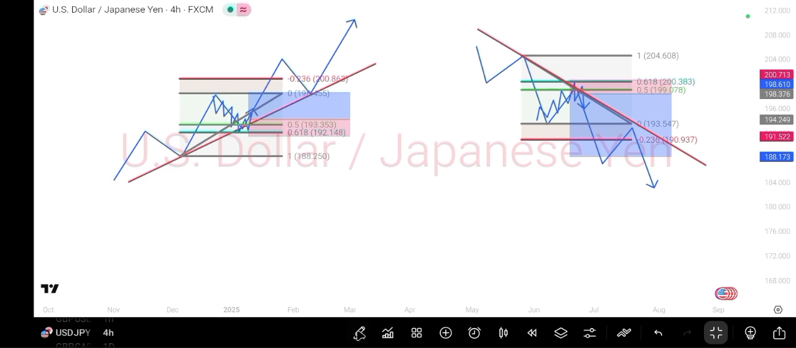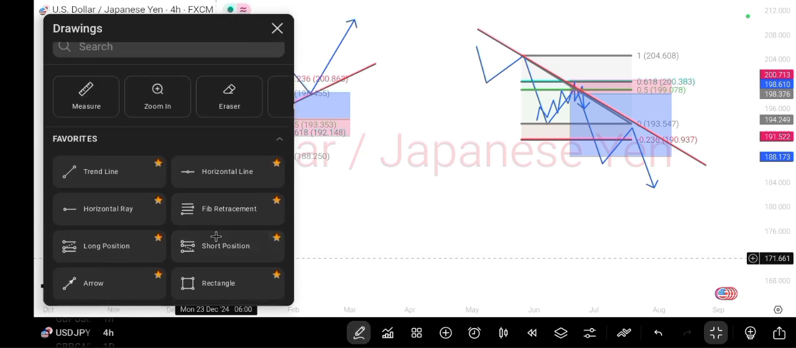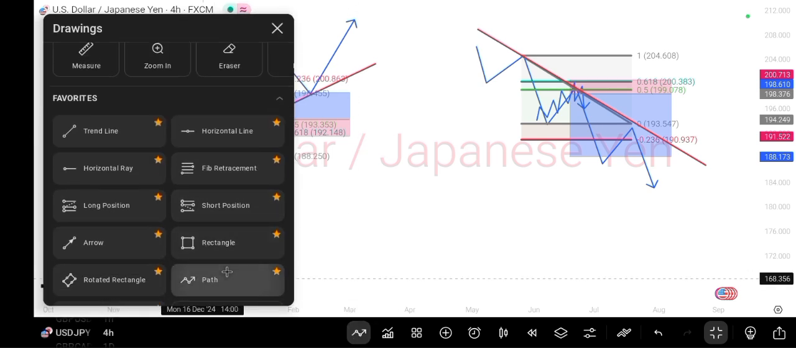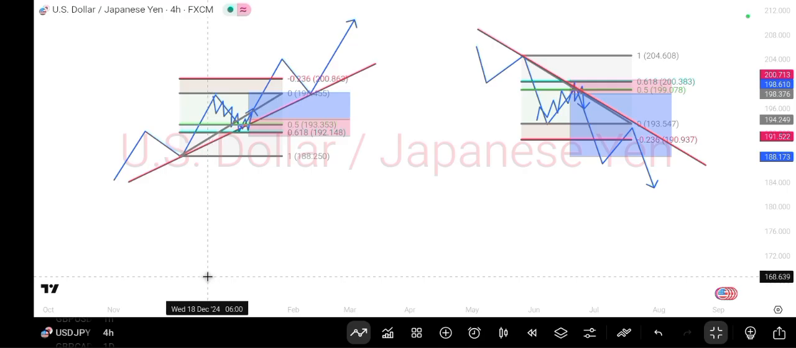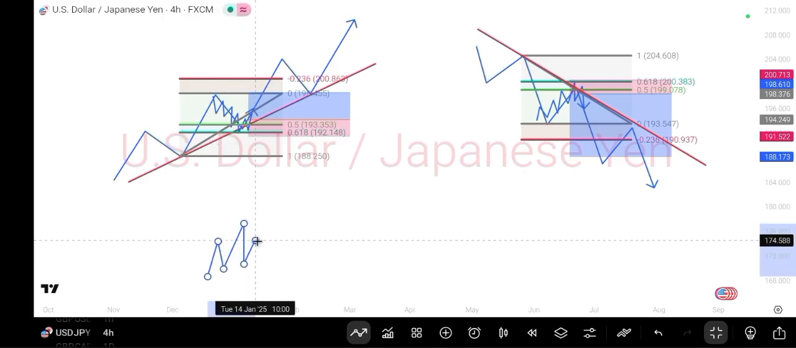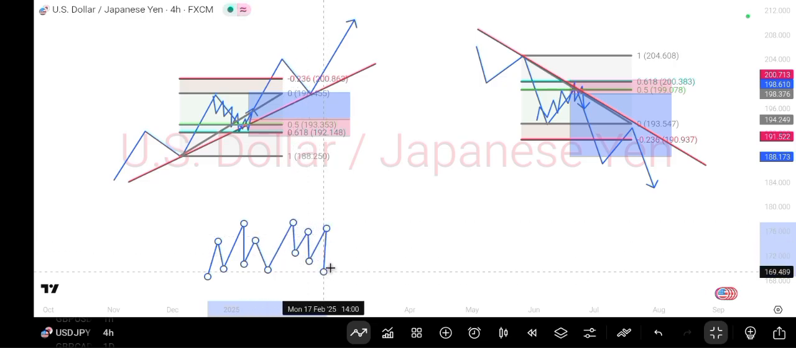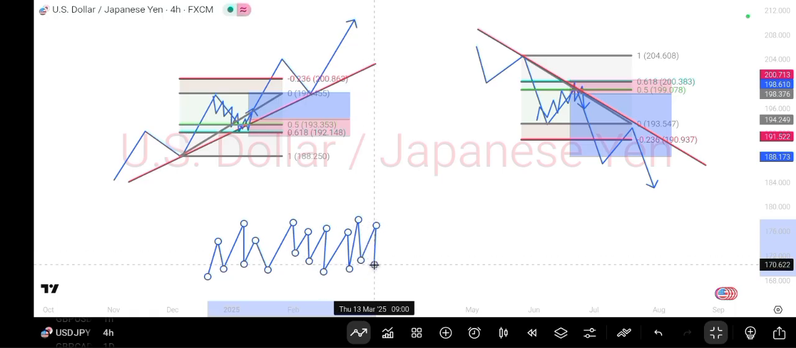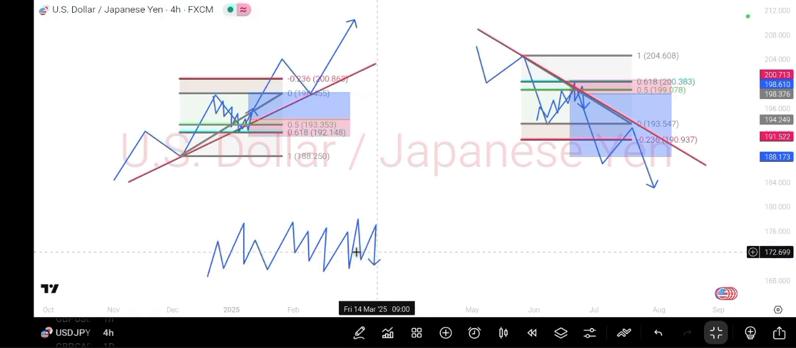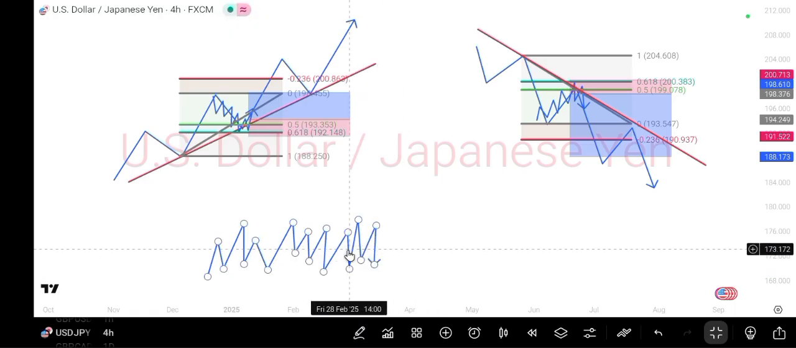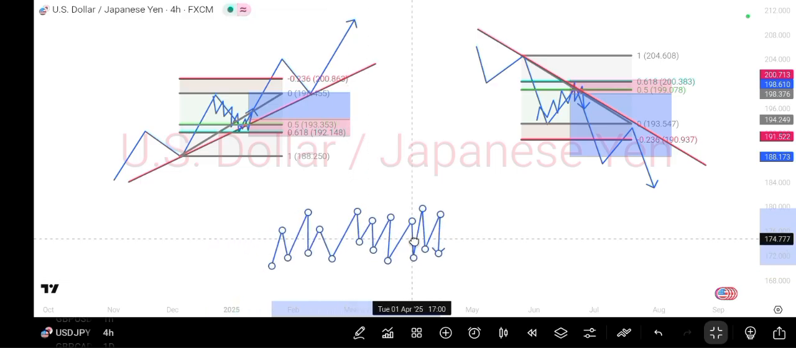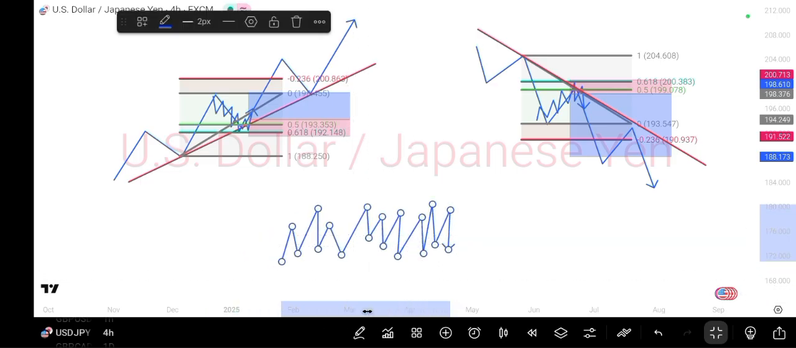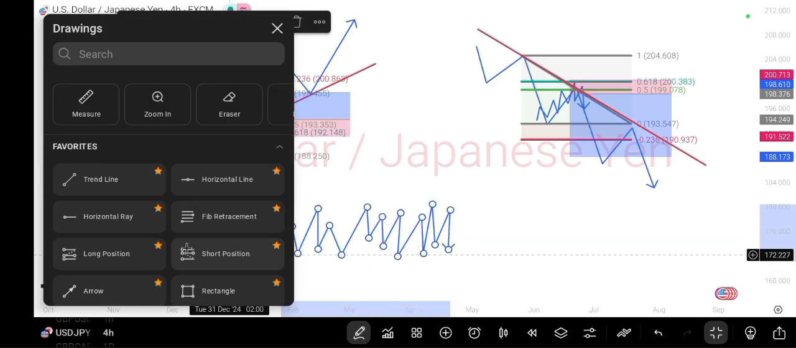Now, for example, this is a ranging market. Ranging markets often look like so. The ranging market has no direction. This guy has no direction, no respect for anyone. This guy can take you to the village. So how you have to approach this type of scenario,